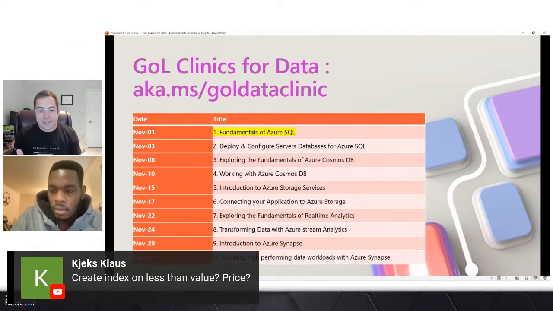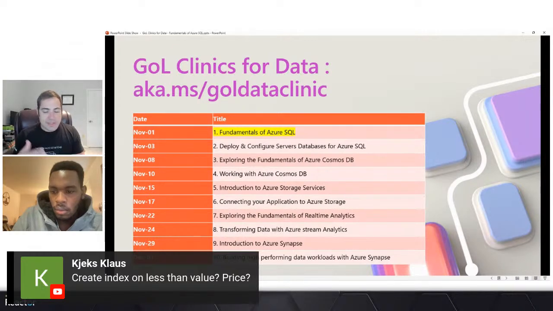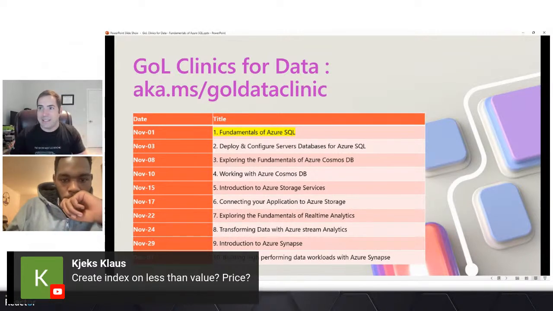You would say it would chop it up, and I get what Kajex Klaus is trying to say here. Like, can I look at, say, the price and maybe slide that into buckets where it's like things that are less than this one, things that are less. The thing is, the query optimizer, depending on the data type, will figure out the best way to partition that data into buckets. So you can totally do that.